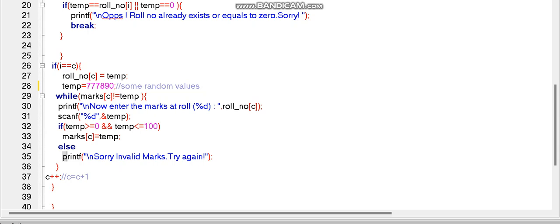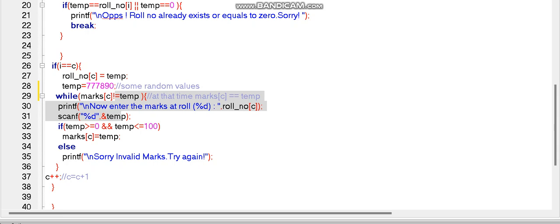Again it will check, then at that time marks at C is equal to temp, and it will break this while iteration,